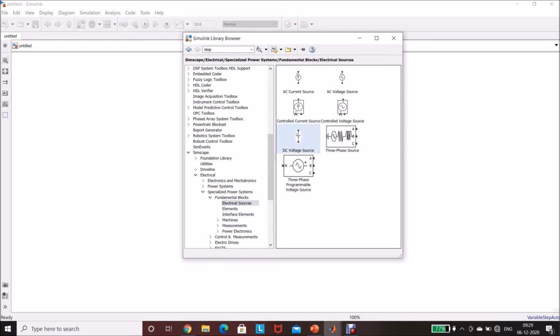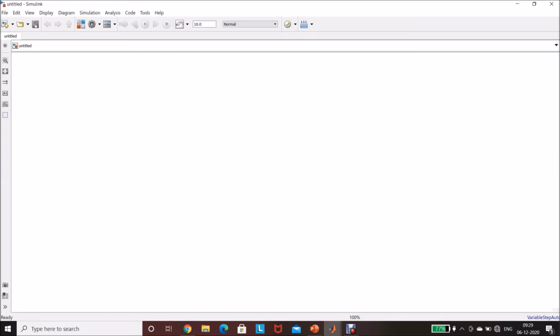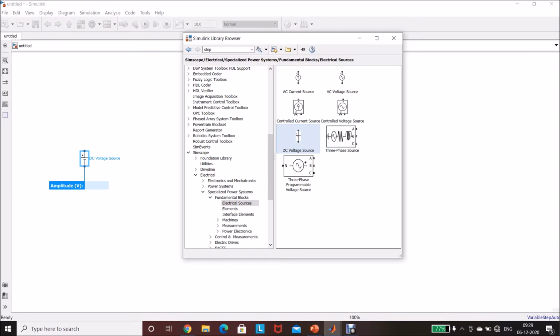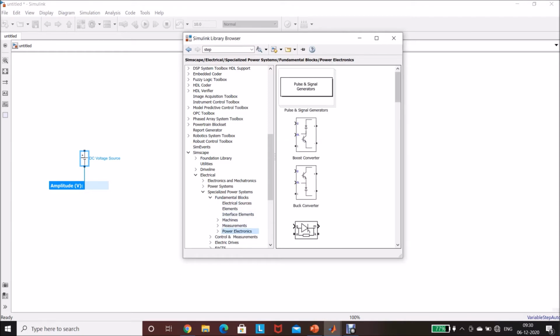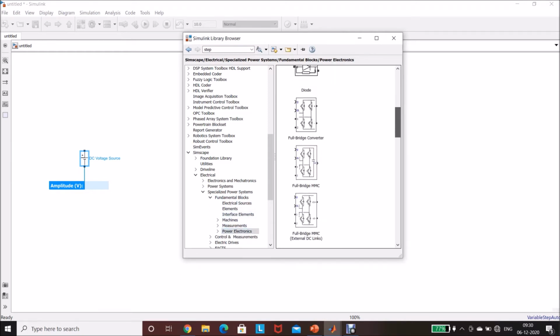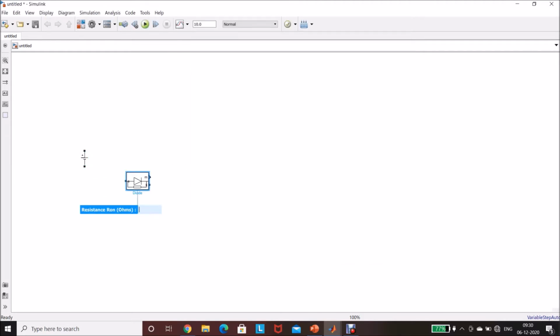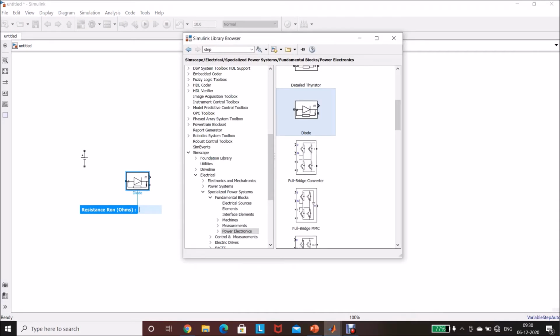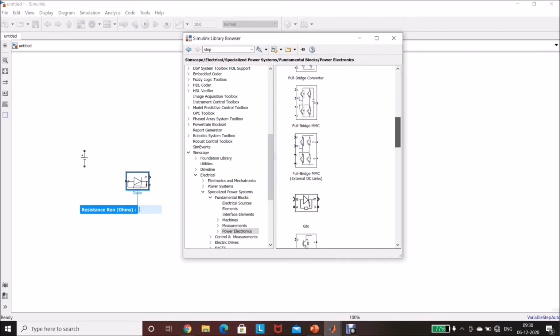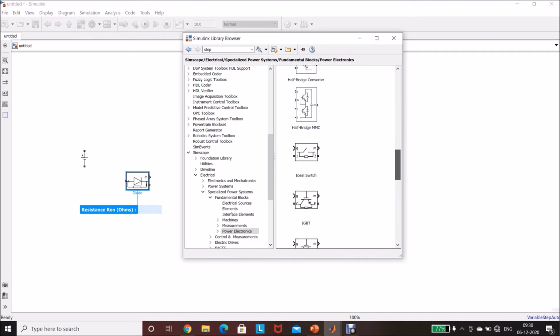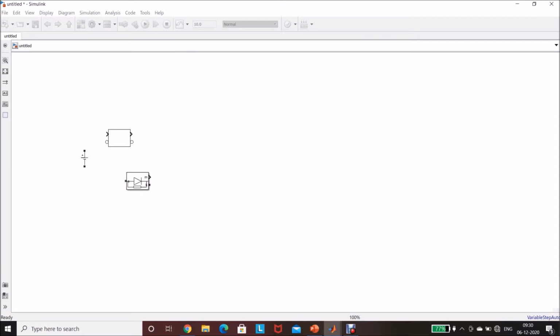So DC voltage source, drag and drop it in the model page. Then Power Electronics, diode, drag and drop it in the model page. Then we need MOSFET. MOSFET is here. Drag and drop it in the model page.